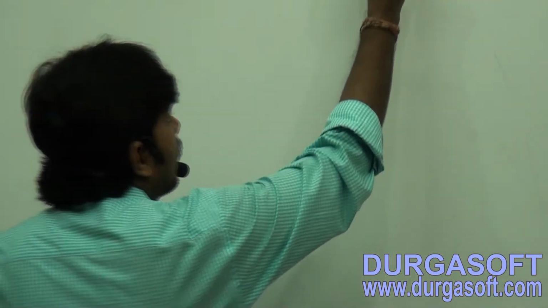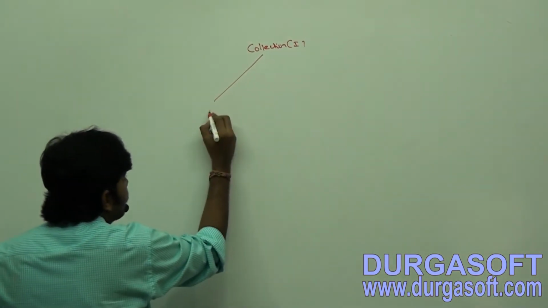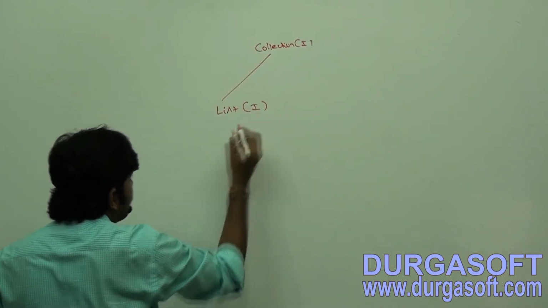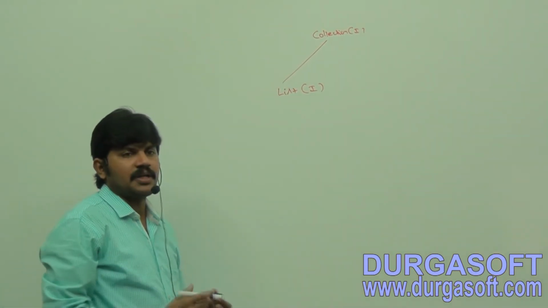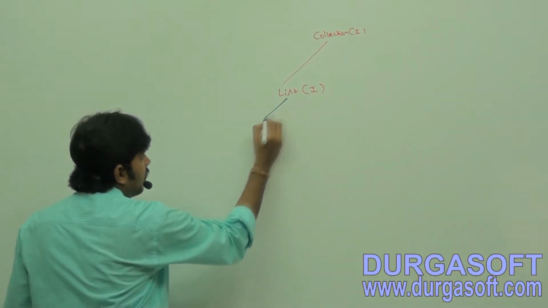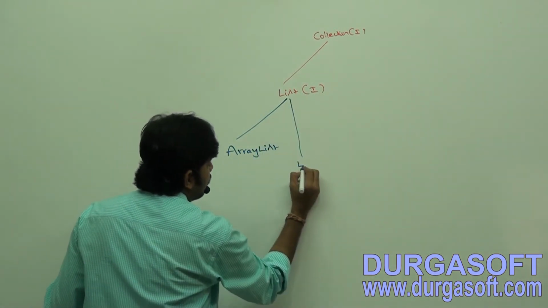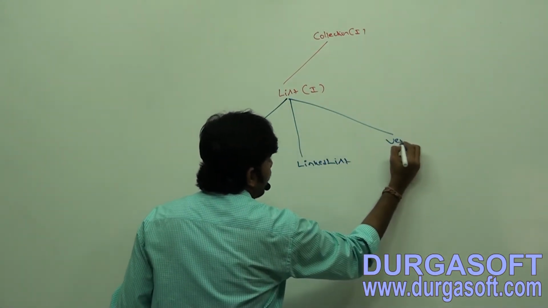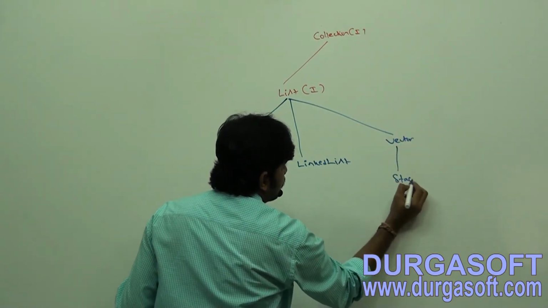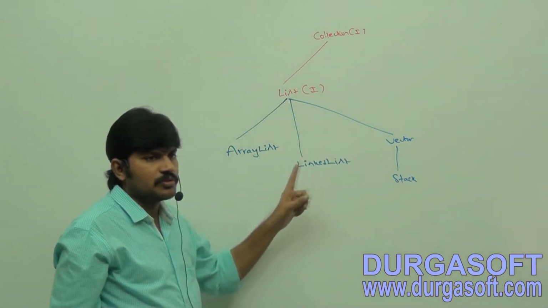Completed, right? Now observe. Sir, we covered the collection interface already, and then we discussed the methods present in the list interface, right? Sir, can you tell what are the various implementation classes of list? In the last class we covered the first one, ArrayList. Second one, LinkedList, Vector, and what? Stack. Vector and stack, these 4 classes are available, right?